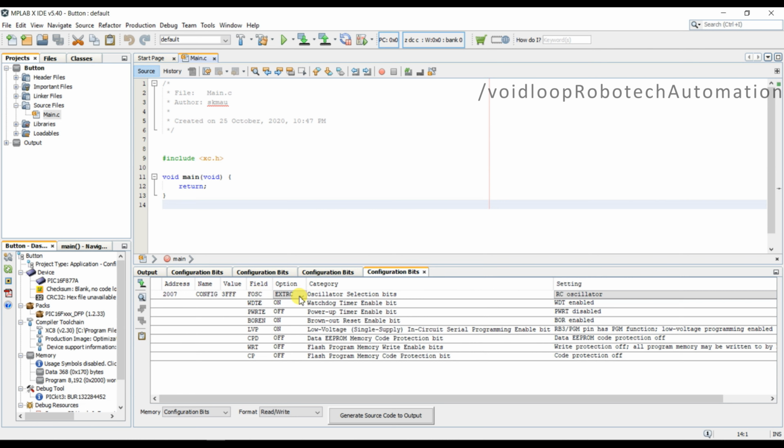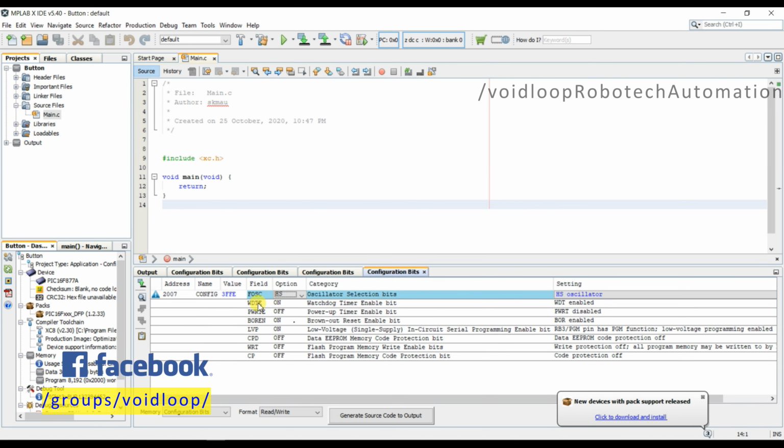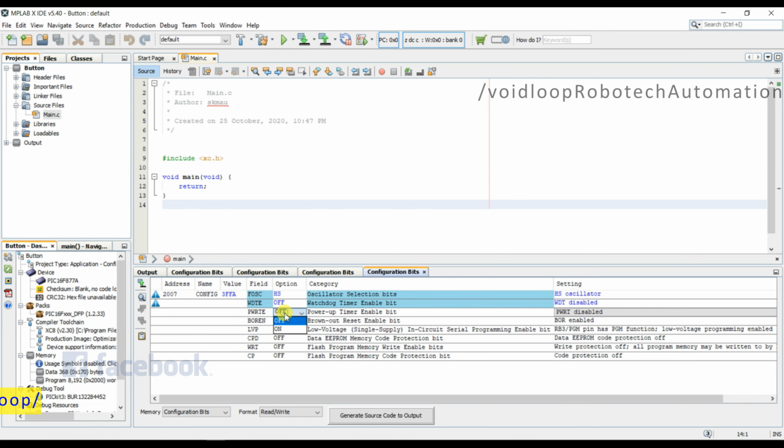I am using an external oscillator and that is 8 MHz. So I will select HS, and watchdog timer should be off, and power up timer enable bit off, and brownout reset enable bit off.